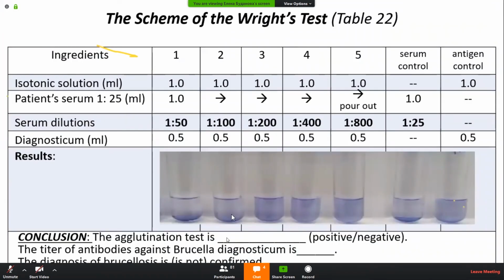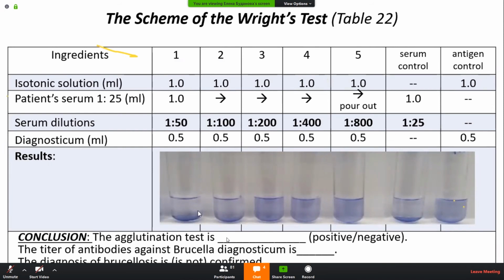It is Wright's test. The procedure is similar to that in the Tularemia diagnosis. Patient's serum is twofold diluted from 1 to 50 until 1 to 800s, and it is mixed with diagnosticum. It is colored again. Brucella are small, that is why they are colored. And after 1 day of incubation, you can see